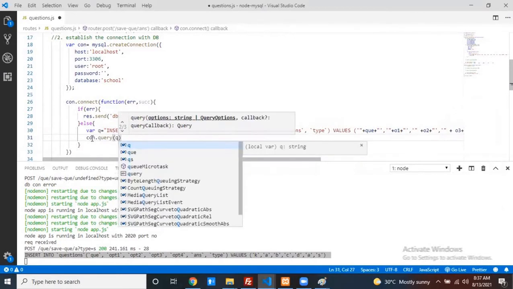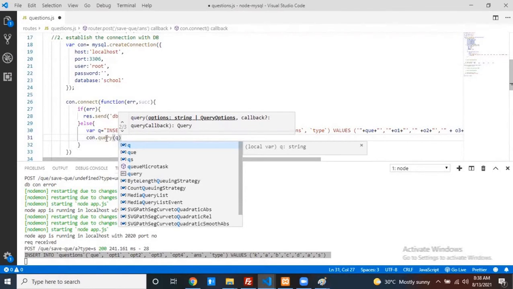How much time it will take to execute this query? My query may be a single line. My query may be a join, which is connected with multiple tables. How much time it will take, I don't know. While executing the query, maybe a success, maybe a failure also, I don't know. As a developer, I don't know how much time it will take, or whether it will be a success or failure.